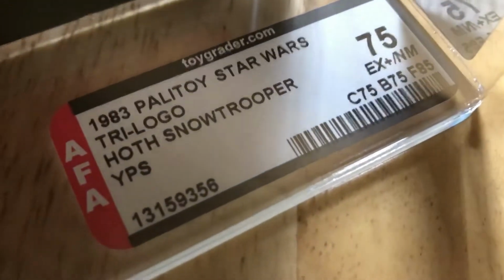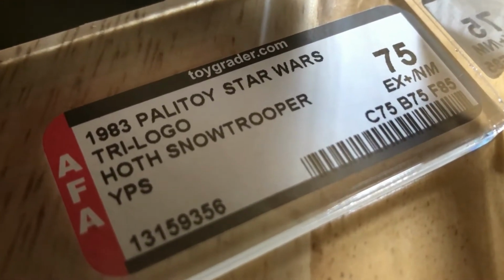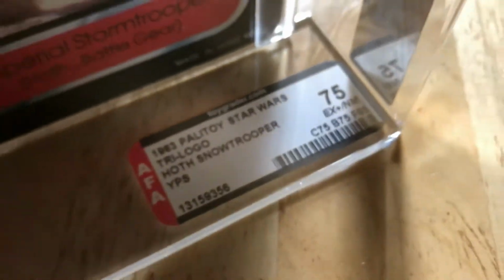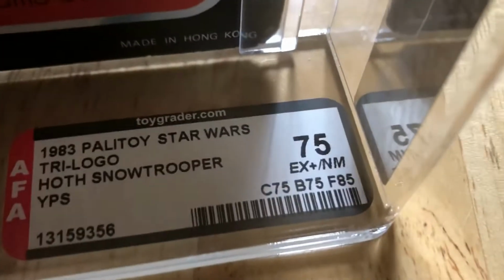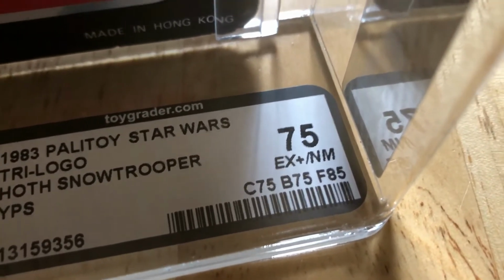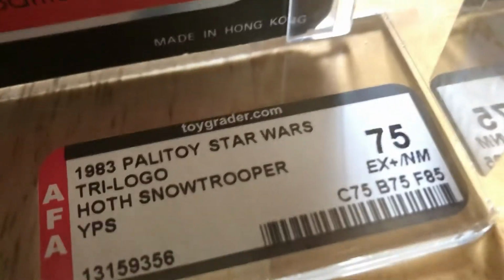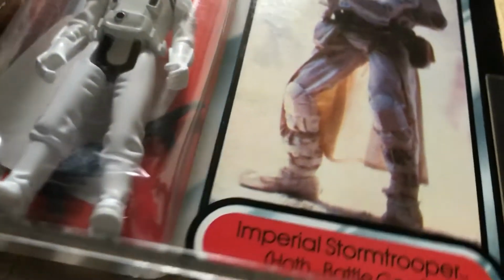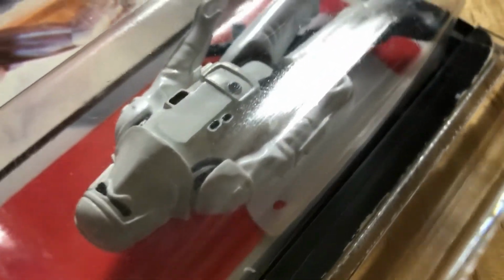There's the grading: 1983 Palitoy Star Wars Trilogo Hoth Snowtrooper YPS. So the YPS is just used to describe the type of sculpt of this figure. Card is 75, bubble is 75, figure is 85. I mean, Action Figure Grader says AFA really needs to improve its labelling of these variant figures. So though this has the characteristics of the YPS figure,